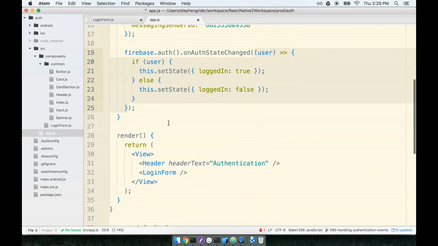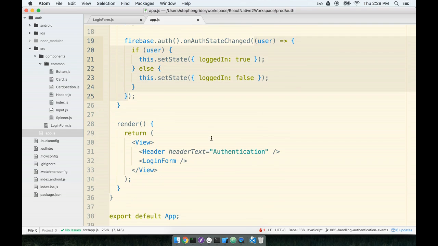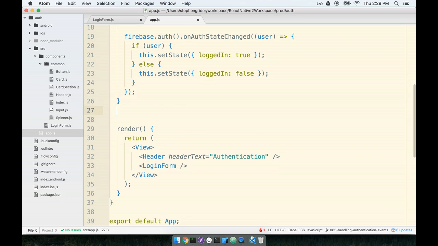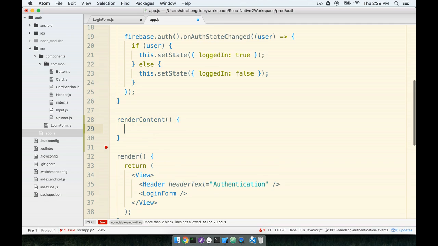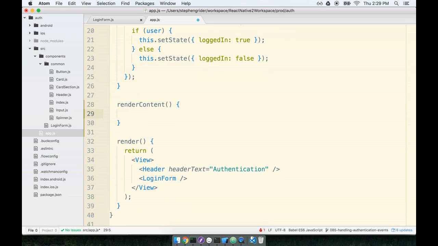We will now use the same methodology as we used in the login form to decide whether or not we want to show the login form or something that says, hey, you're currently signed in, or whatever we might want to show. So we'll create a new helper function that will decide whether or not to show the login form or a button that allows the user to sign out. So first, I'll make a helper function, which I'm going to call renderContent. And inside of here, we'll look at